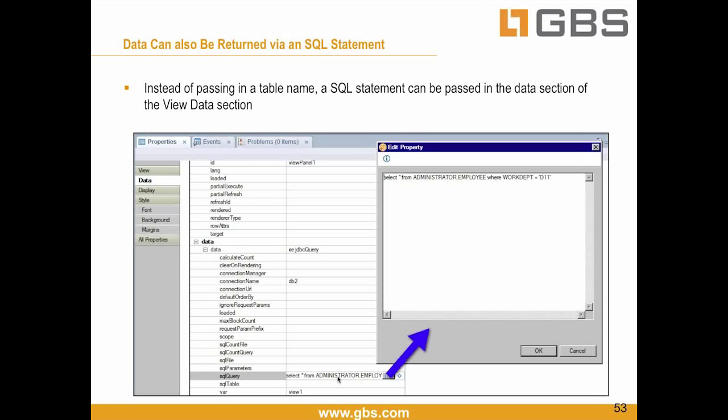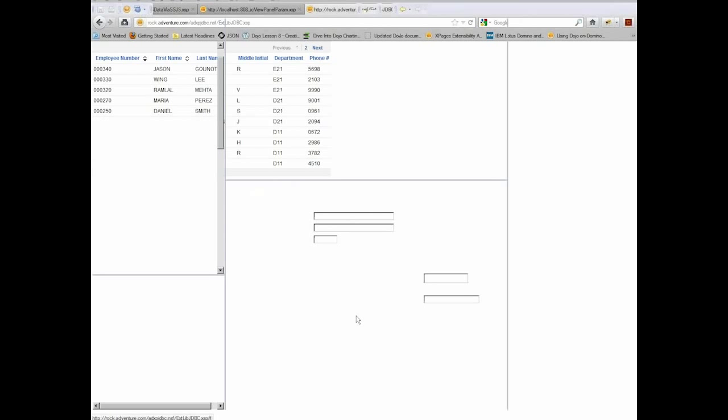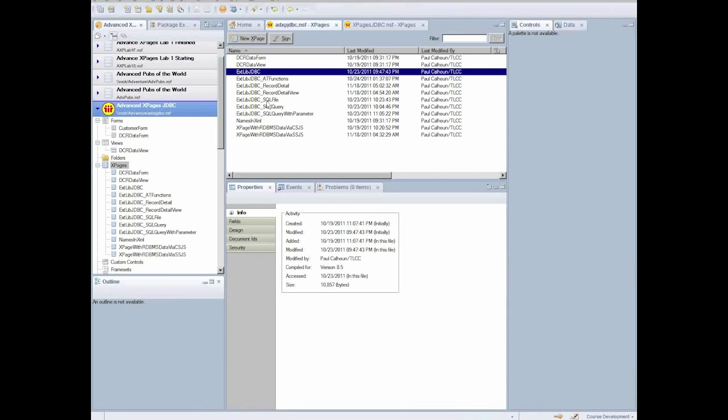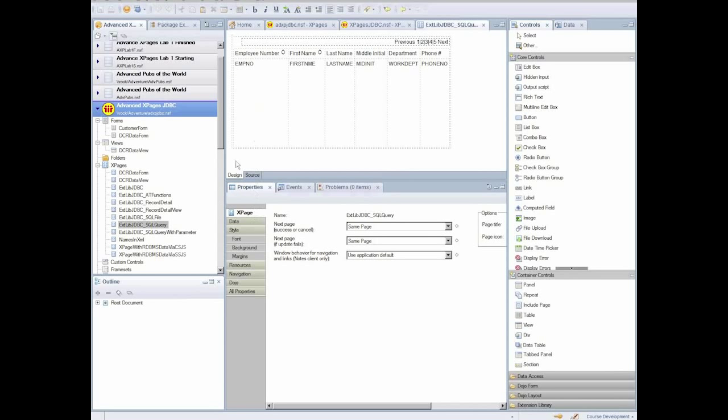But in this case, for example, maybe I only want to return all of the employees that are in a particular work department. So in this case, we're saying we only want the employees from D11 there. So I can go in and pass that in, those are the parameters, those are the SQL query. So again, looking at the view data source,